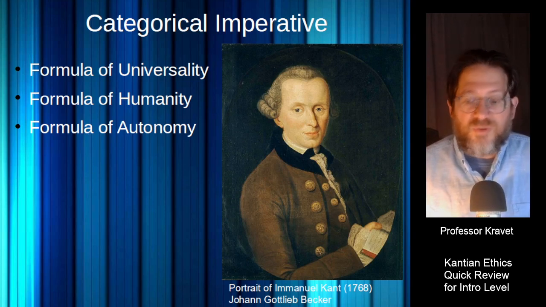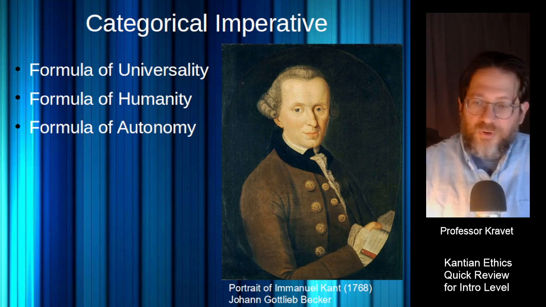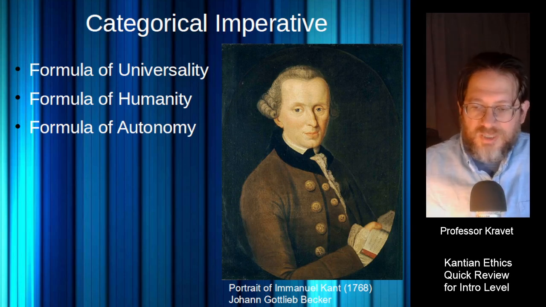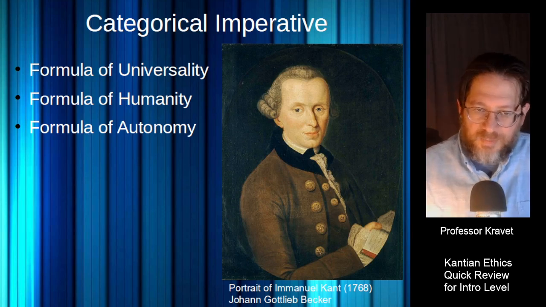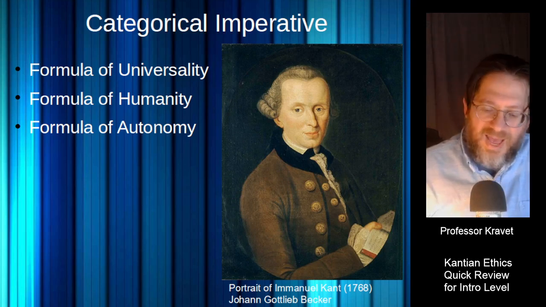Okay, so the formula of universality takes a single action and figures out whether or not it violates the categorical imperative by looking for contradictions when we go through that process of making it a maxim and then universalizing the maxim. Then we have the formula of humanity, which is really about how we perceive other people,